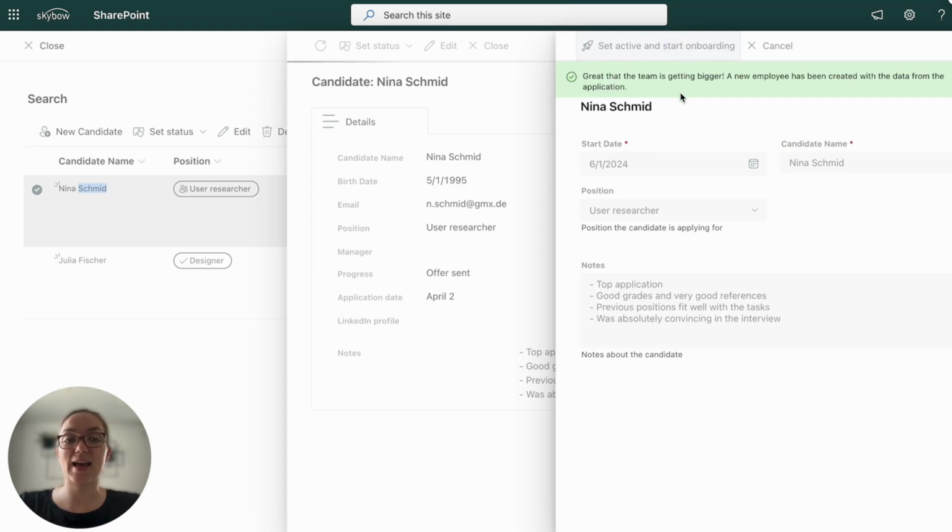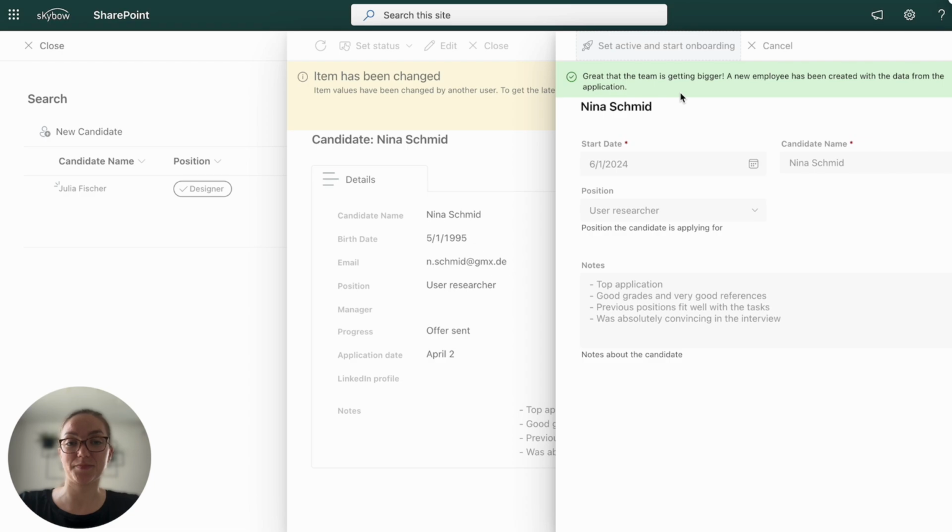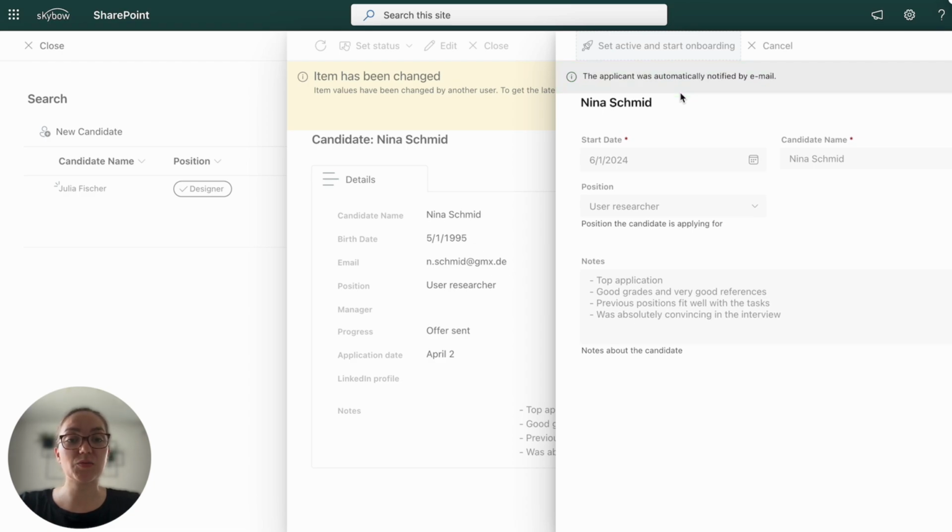Now the employee has been created in our employee solution with the data from the application. Nina Schmidt was automatically notified by email, so we don't need to do that manually. All the necessary documents for the onboarding, for joining the team, were automatically created and stored with the employee in